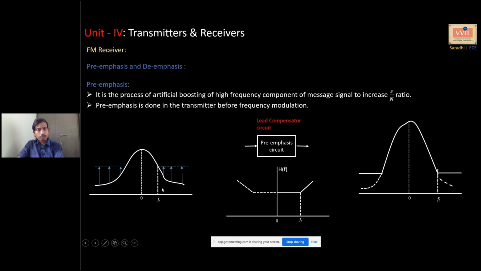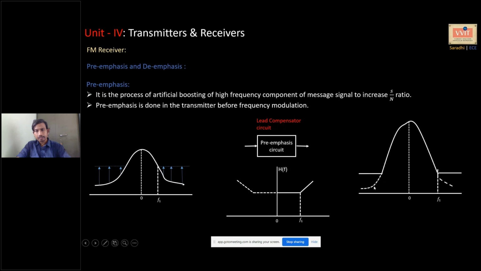So this is what we have received, the PSD of the received spectrum. We want to boost the high frequency components after f1. We want to strengthen them, which means we want to increase the amplitude of these frequency components. So we use a high pass filter like this. The gain remains constant up to f1, and then the gain starts increasing in this pre-emphasis circuit, so that these will be leveled up. Strength increased.